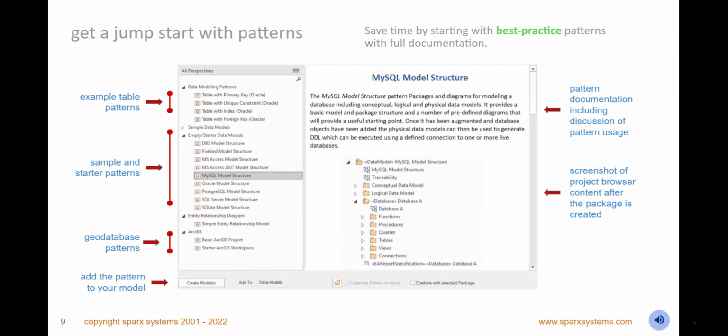Get off to a flying start by automatically injecting elements and diagrams or complete data modeling package structures into your repository using the Model Wizard patterns. Browse the extensive pattern library, which contains patterns for creating data models for different database platforms. Peruse the documentation accompanying each pattern to understand the benefit it will bring, and how best to work with it. Switch perspectives and gain access to hundreds of other helpful analysis, strategic, requirements, information, user experience, and model publishing patterns.